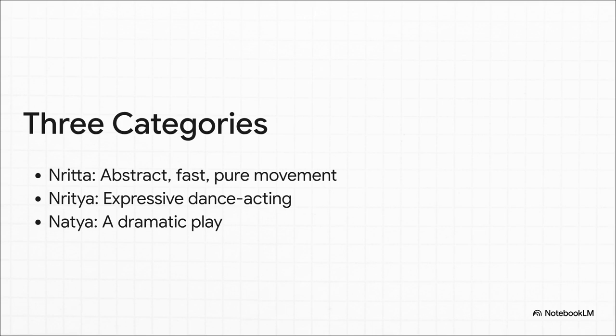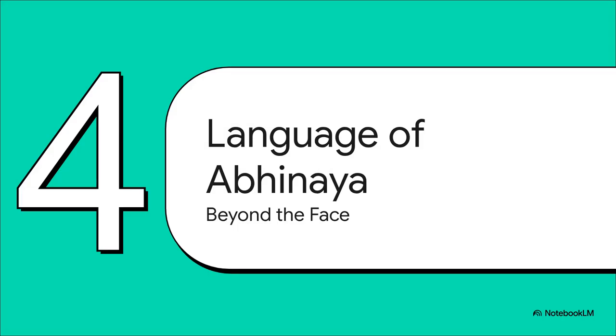This shifts gears, slowing things down to add deep expression. It's dance acting that silently communicates feelings and tells a story. And finally, natya. This is the dramatic play itself, where the dancer uses standardized body movements to actually portray different characters in a narrative. So you might be wondering, how exactly does the dancer tell these elaborate stories without saying